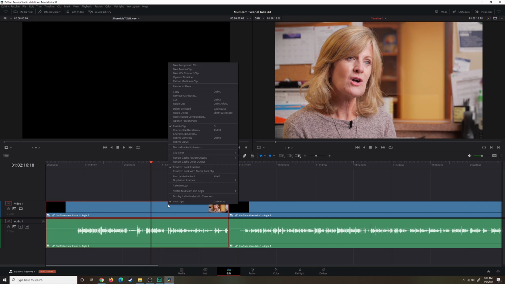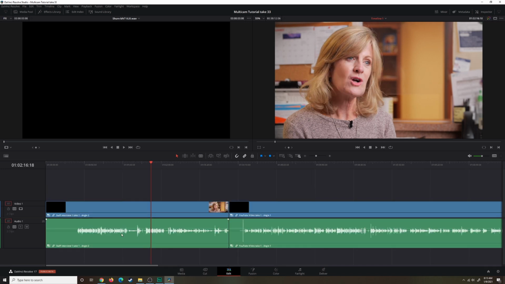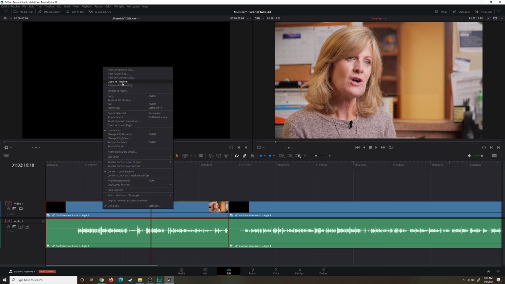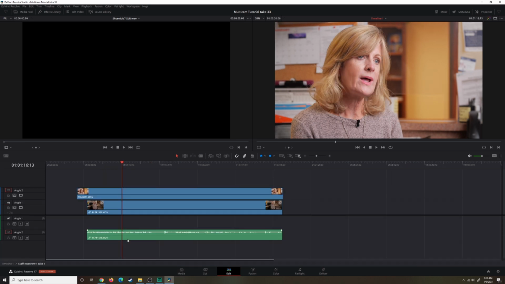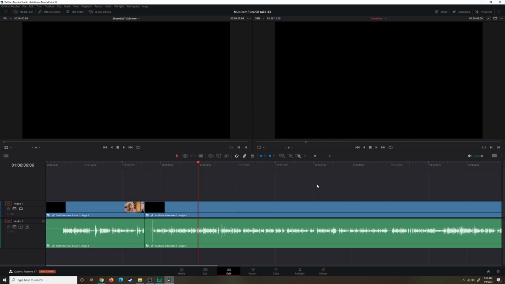So if you do rearrange the tracks, and if you do delete an audio track, and then when you come back into the timeline, if your audio is gone, go back into open in timeline and switch the position of the audio track. All right, so we're going to do the same thing to this one,